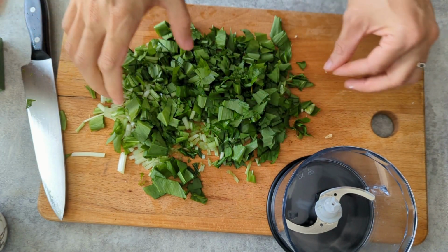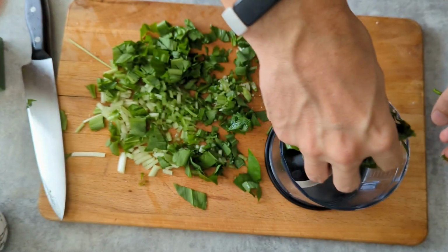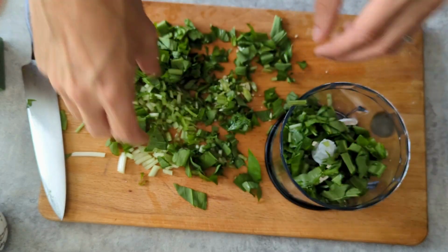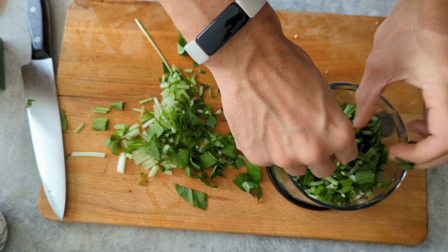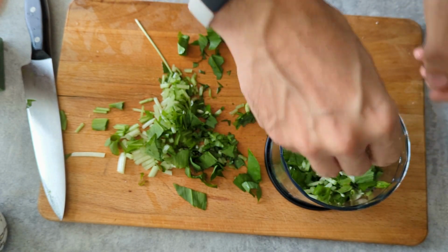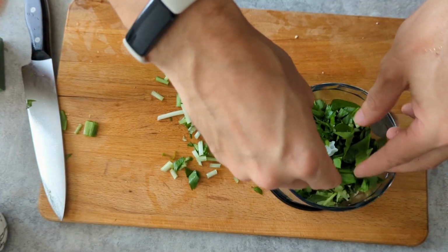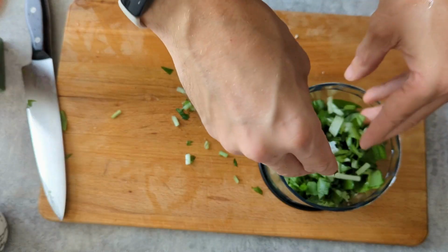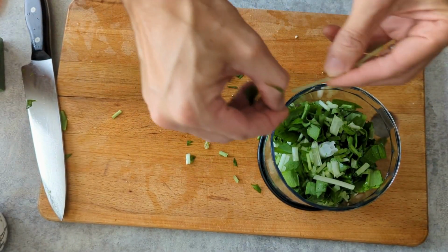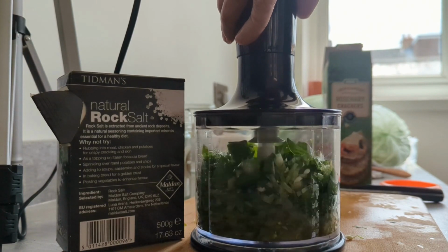So for ours, I've chopped mine up, popped it in a food processor, and I've added 6% by weight of the ingredient in salt. So let's say I do 100 grams of wild garlic leaves, I'll put 6 grams of salt. You can do anywhere between 2% all the way up to 8%. The lower the percentage, the quicker it'll ferment. The higher percentage, the slower it'll ferment. But they'll work. Yes, I'll give it a quick blend, then I'll top it up in the jar, and